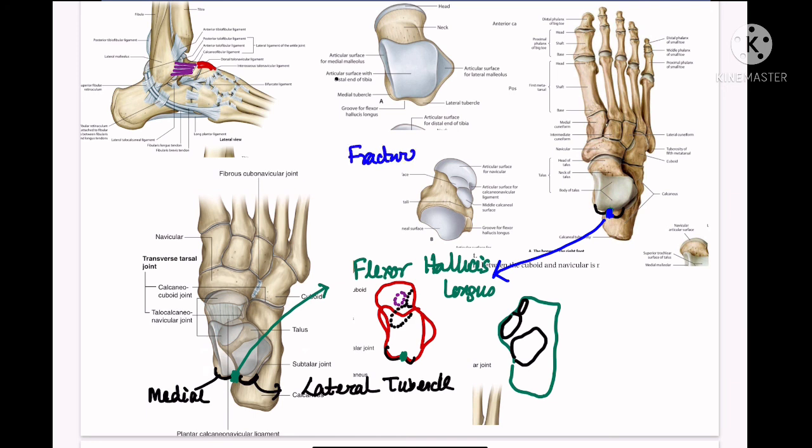You don't have to read in details, just keep in mind what happens as a result of such a fractured neck, because the arteries that supply the neck pass from front to back, so any damage will result in posterior segment damage. When there is damage of the arteries in the fractured neck of the talus, that will cause delayed union or necrosis of the posterior segment, because the arteries pass through the front part of the neck and pass backward. Okay.